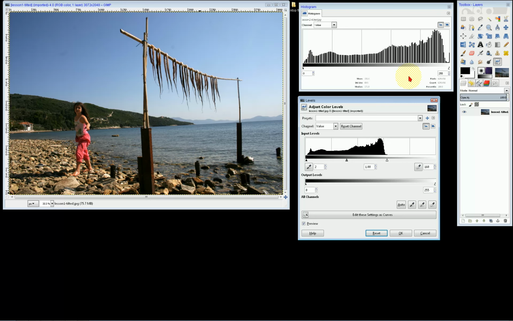Of course, gaps appear because some intermediate tones are now missing. It may seem strange, yes, but on these actions I firstly trust the histogram here and then secondly my own eyes.